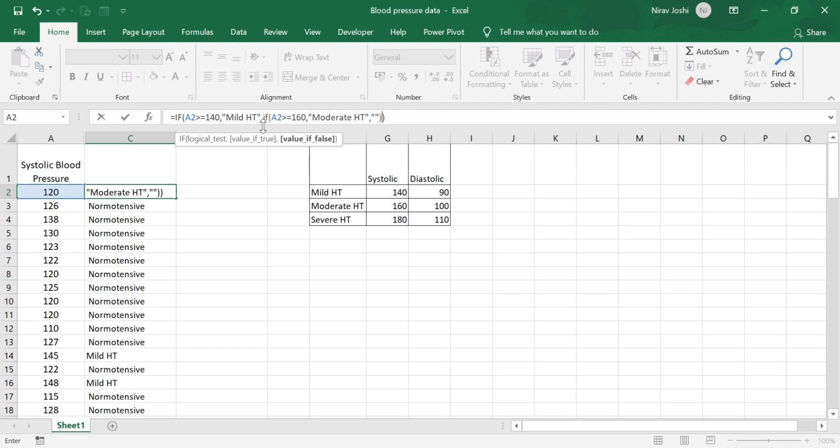Now when I press enter, you will see that rather than getting the output according to this formula, that if the level is less than 140, it should be blank.